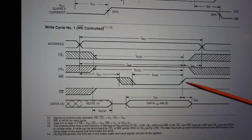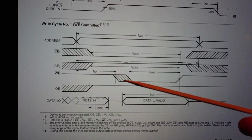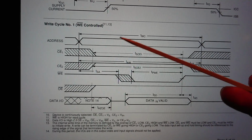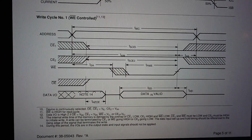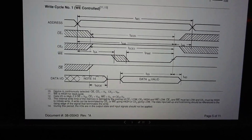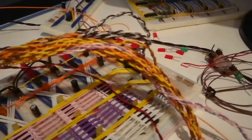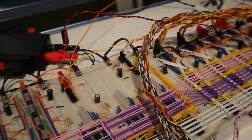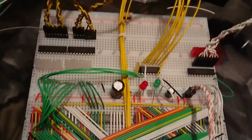And this is the pulsing that I currently need to do, but I need to change a rising edge pulse into a falling edge pulse, and that is pretty straightforward. I'm pretty sure I've done that in something over here. There was something where I needed to invert the clock signal. That's all you really need to do, but obviously I want to do it in a ludicrously tidy manner, so